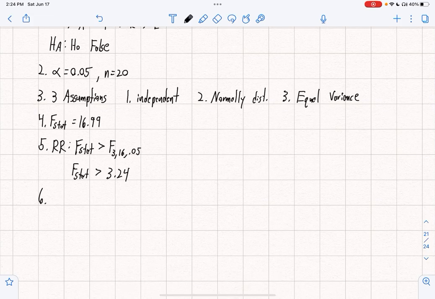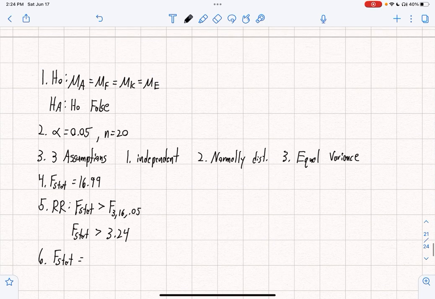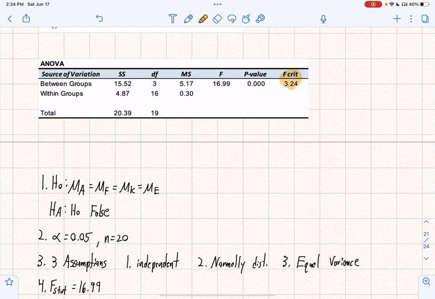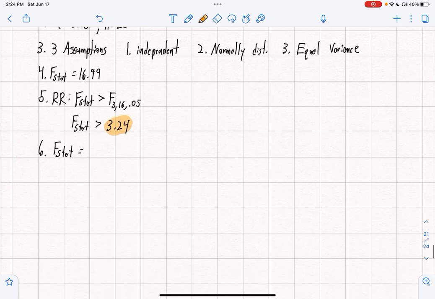And then step 6, so F stat, and again, this 3.24, I should back up. Where did that come from? That comes from right here, our F critical value. So F stat and F critical. So F stat is equal to 16.99, which is bigger than 3.24, which is our critical value F, 3, 16, 0.05. And if we wanted to calculate the p-value,